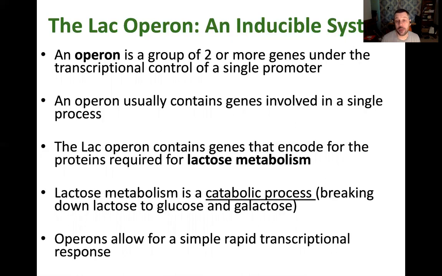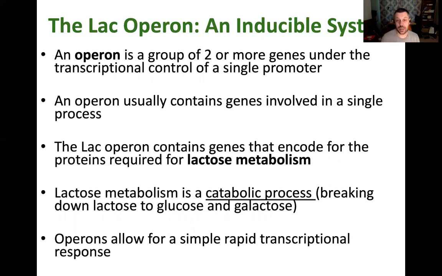And normally those genes that are under the control of a single promoter are involved in a single process, which makes sense. So in the case of the Lac Operon, what we're talking about are three genes that are all under the transcriptional control of one promoter. So they're all turned on at exactly the same time, and they're all used to metabolize